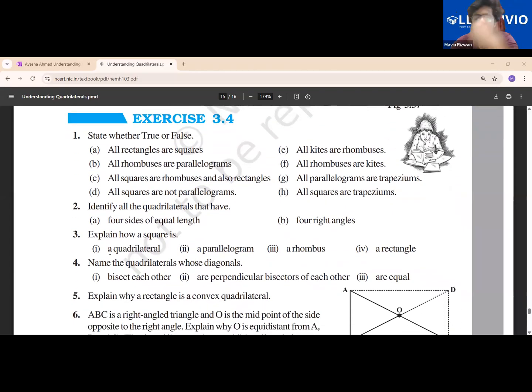Now, Aisha, in these types of questions, in question 3, as you can see, explain how a square is a quadrilateral. So you will say a square is a quadrilateral because it has four sides. A square is a parallelogram because opposite